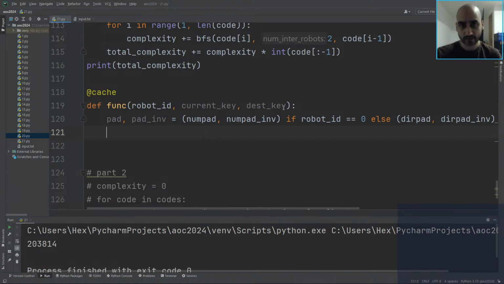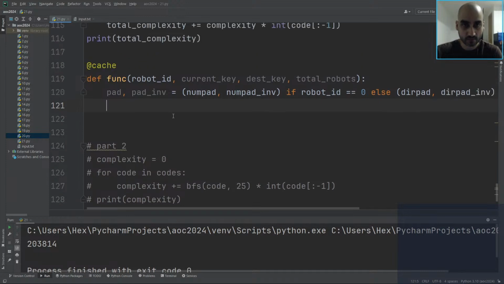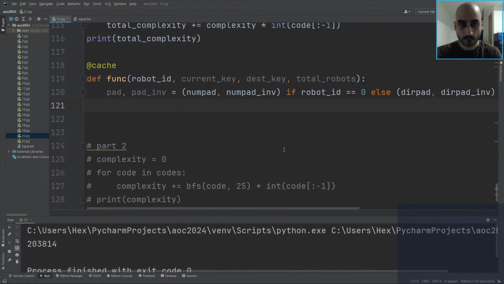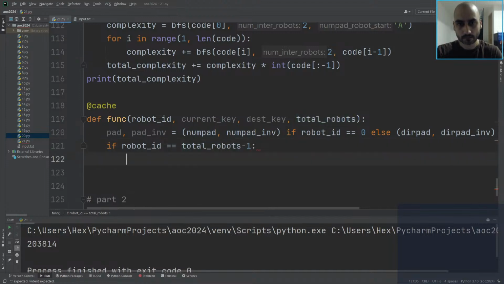Oh, we also need one more value here, basically total robots. That way we can actually do part 1 and part 2 using the same cache. Why not? So if robot ID equals the final robot, the one that we are controlling, then we know the answer here. It's going to be